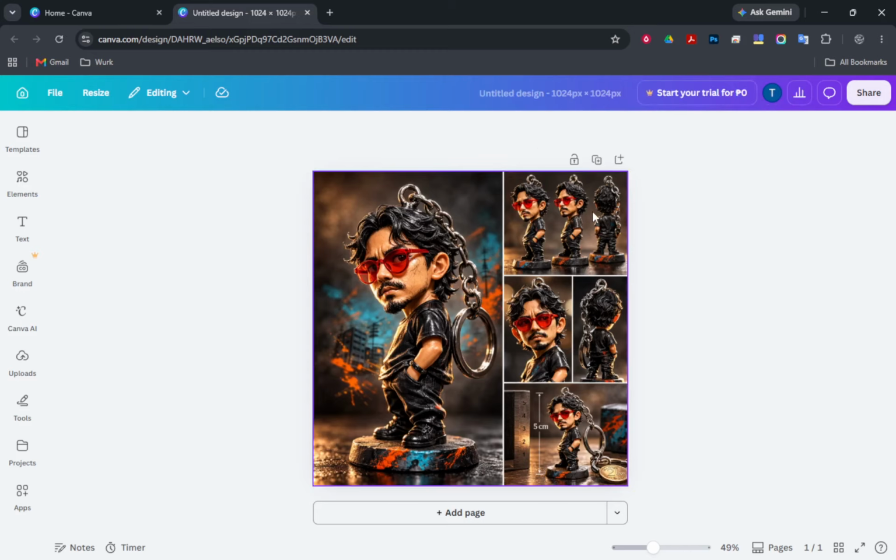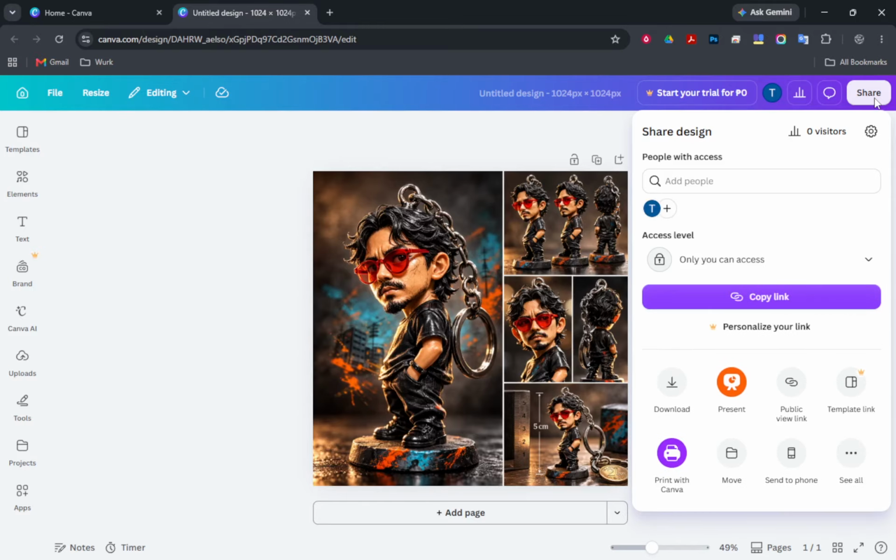Next, click or tap Share. On a phone, the Share button usually sits at the top right and looks like an arrow or the word Share. On a computer, it is a purple button at the top right of the editor. When you select it, a sharing panel opens, usually sliding down from the top or popping up from the bottom on mobile. From here, find the collaboration link or access settings in that share panel.